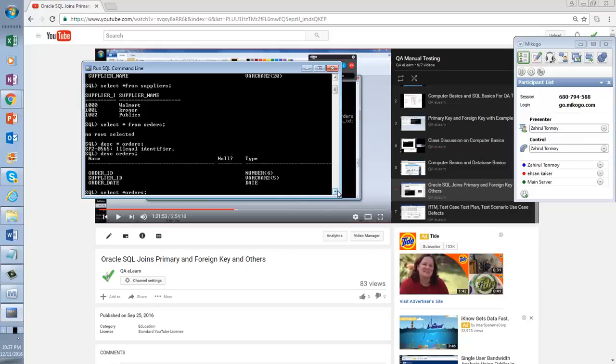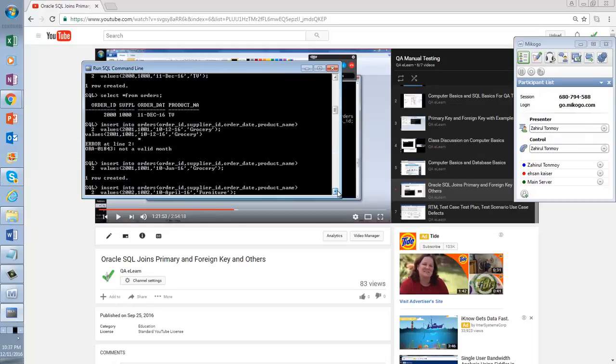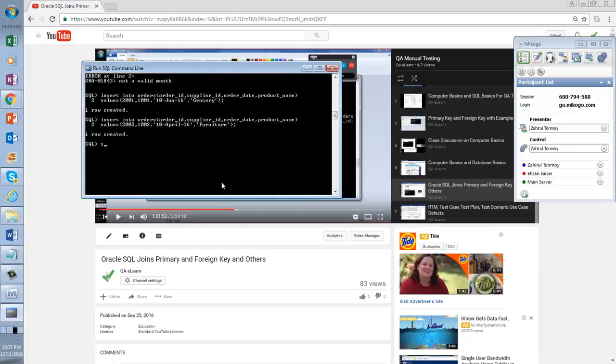So far whatever data we have input in the orders table, select star from orders, can you see that all of the data are related to a supplier that exists in the table, right? Now let me insert another